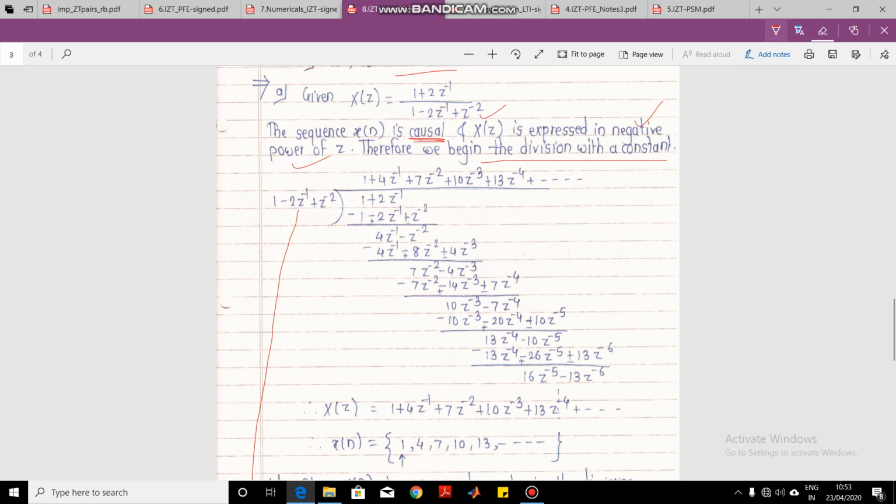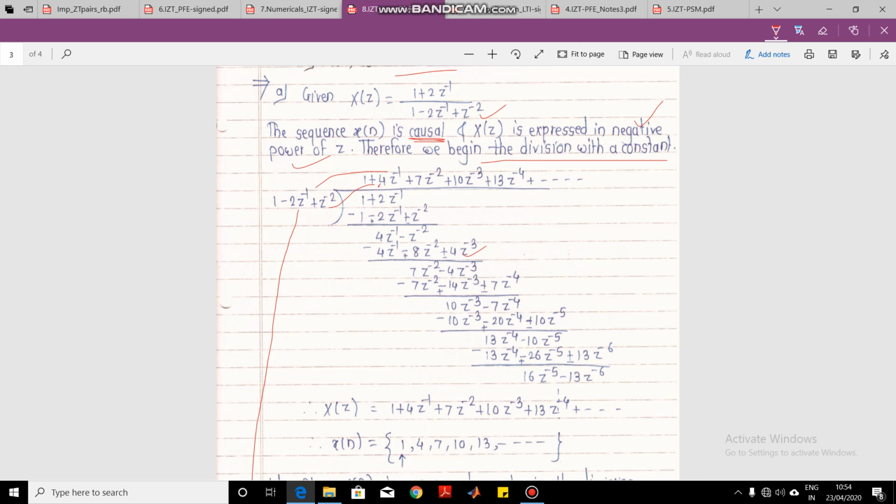So in this way, in the second case, I take in the quotient 4z^-1. So 4z^-1 into minus 2z^-1: 4 2s are 8, so I will get minus 8 z^-1 into z^-1, so it will be z^-2. Again z^-2 into 4 into z^-1, so it is 4z^-3.